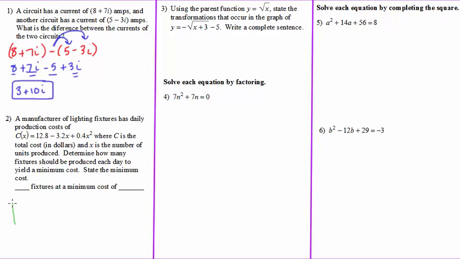So what's happening, and you can put it in your calculator and graph it if you want to, is we've got a parabola that opens up, and if we can find the vertex of that parabola, which is the bottom point, that's going to tell us the number of fixtures will be x and the minimum cost will be y. So either we need to use our graphing calculator and find the minimum of this, which you get to doing second trace, minimum,